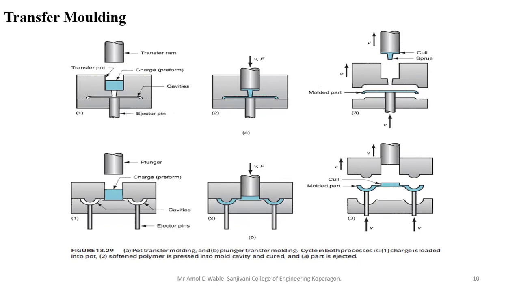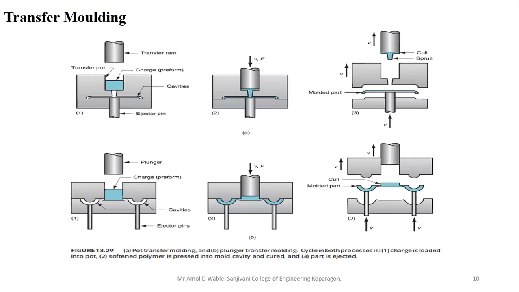Another is the transfer molding process. Transfer molding is used for processing thermosetting plastic. Again the same. Transfer molding is also called gate molding, as it passes its material through a runner and through a gate. This method is an advanced method of compression molding. In this process of forming articles in a closed mold, the fluid plastic material is conveyed into the mold cavity under pressure from outside of the mold.